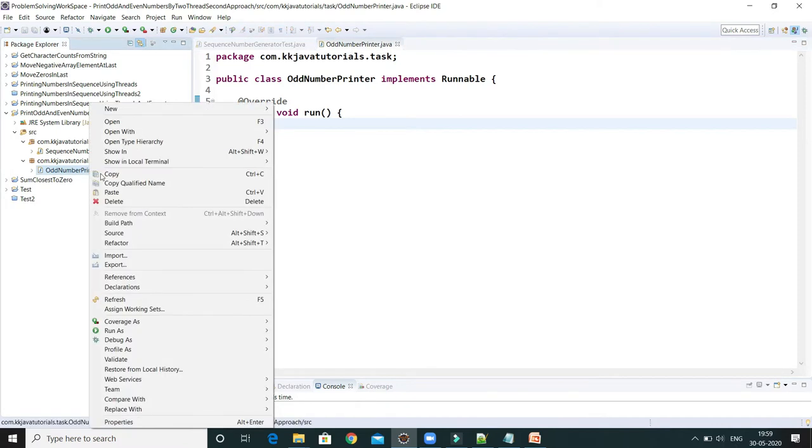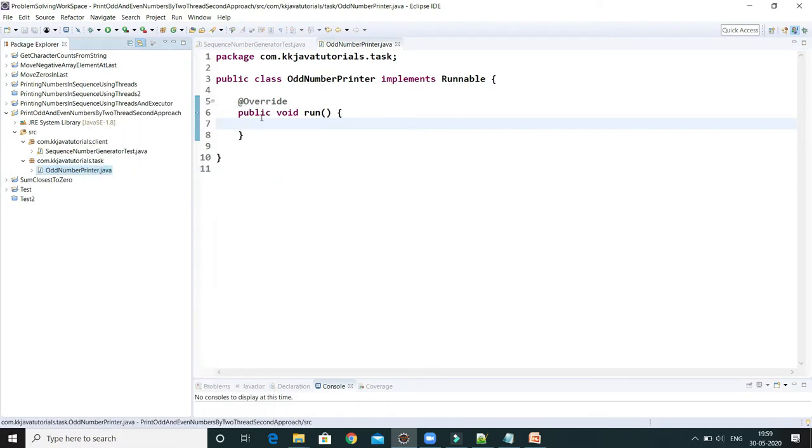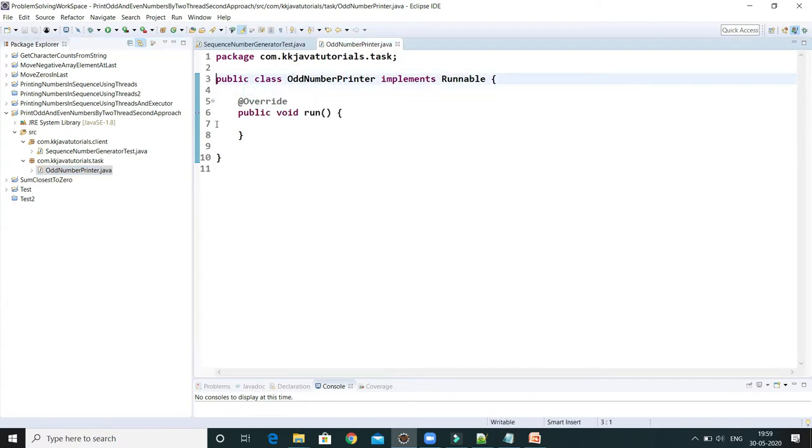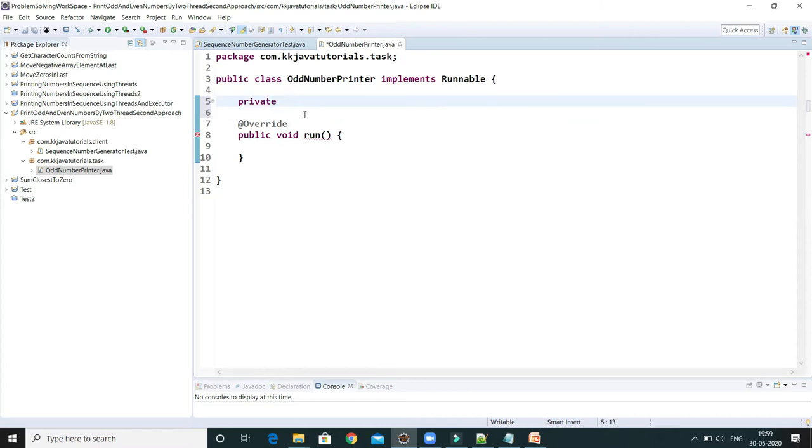Now I'm going to create another class, the even number printer, which will also implement the Runnable interface. But before that, let me complete this class itself, so that the rest we can do with copy paste. Here I'm going to use a class named odd and even number generator.